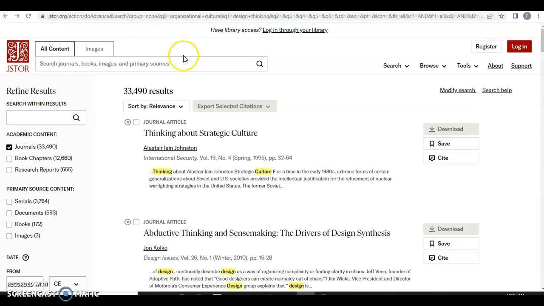So then at that point, if I'm logged in, then I can save this article. So right now I'm not. So it would let me save in workspace or in a folder. So I could create a folder or save to workspace. Workspace is just the kind of the outer folder that would contain any other folders, images we could save to that, or notes. And then the cite button, of course,